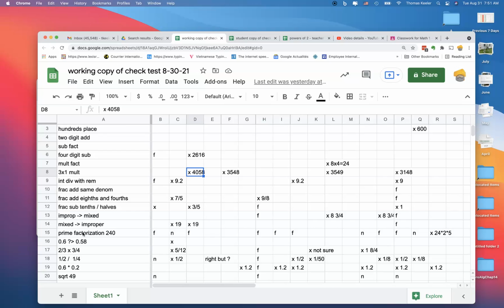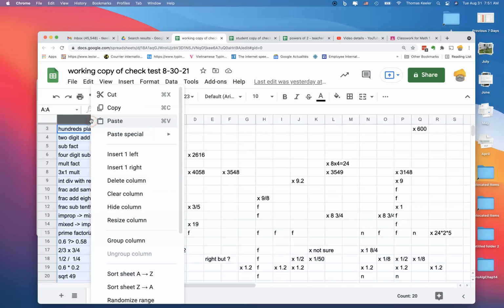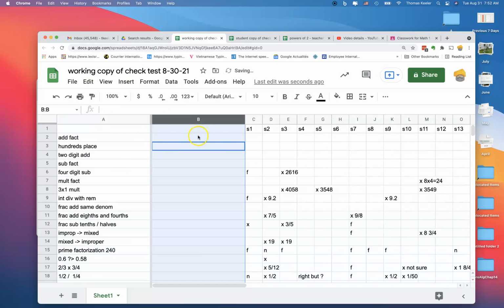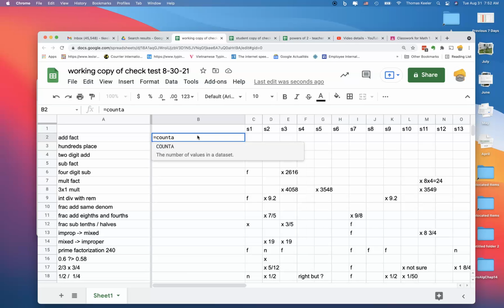Okay, so what we're going to do is add a column. I highlight column A, and then I tap on my touchpad, though there are other ways to do it. We're going to insert one to the right. In this column, I'm going to do a formula, and it's an interesting one. It's equals COUNTA. COUNTA says I want to count how many non-blank cells there are in a certain region. I want to start at C2 for this one, and I want to go all the way over